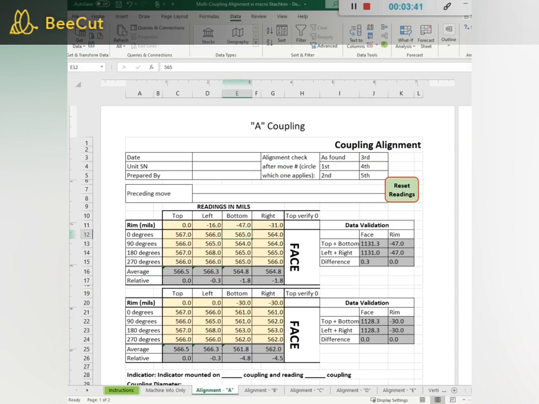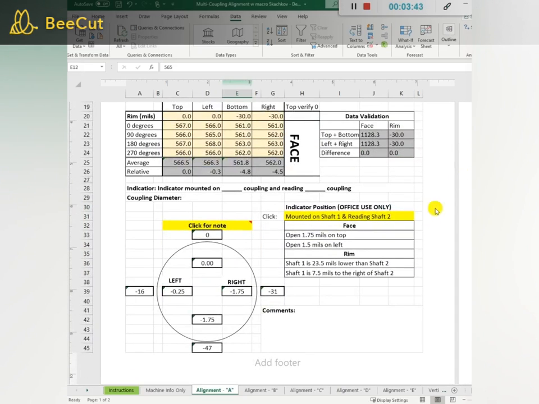So if we go down a little bit lower, there's a couple additional things here. So this would be for the mechanics to fill out, right? The indicator is mounted on shaft number 1, or on the shaft number 1 coupling, reading shaft number 2 coupling, and a coupling diameter, so that you can get this information from the mechanics if you don't already have it. It's important to know that because obviously it impacts your rim readings. And then when you enter the data,